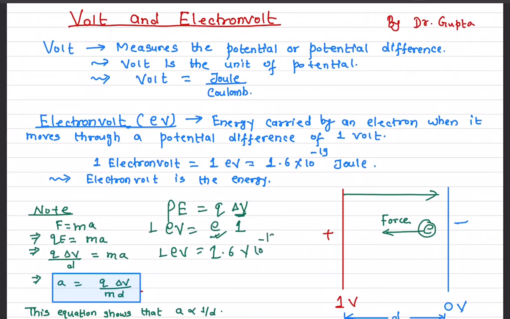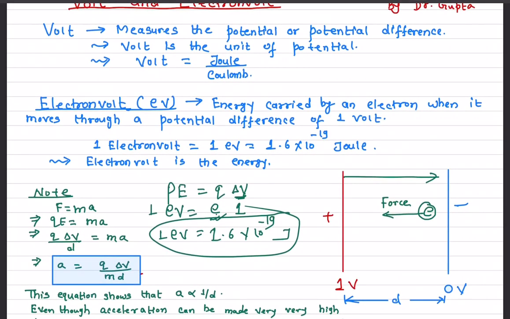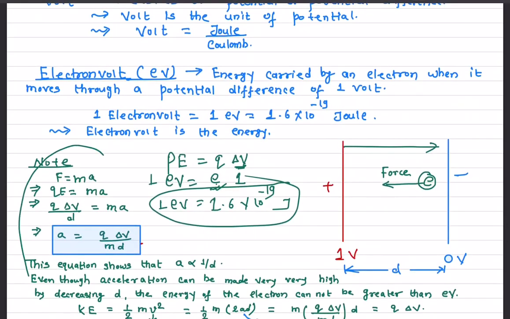And what is the charge of the electron? The charge of the electron is 1.6 times 10 to the minus 19 coulomb, and this is the volt, so the unit is joule. So this is the magnitude of the 1 electron volt. And remember, this is the unit of energy. And as I have written down here, I will talk about this one in a different video. This is how you find out